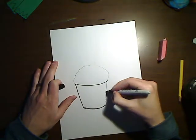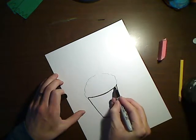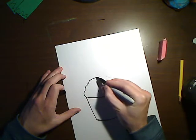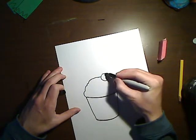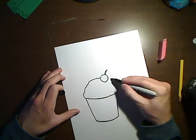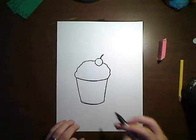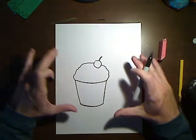And then you can go through and erase any extra pencil that you might have went over. So again, you can change it up a little bit. A little cherry in there. Big cherry. So, that's kind of what I'd like for my cupcake. Now again, it's not small, it's not super huge, but it's taking up a good amount